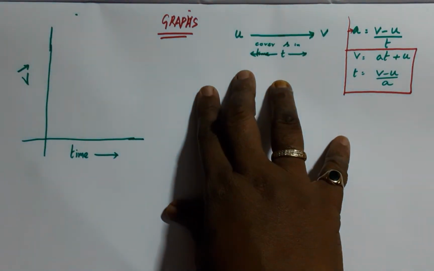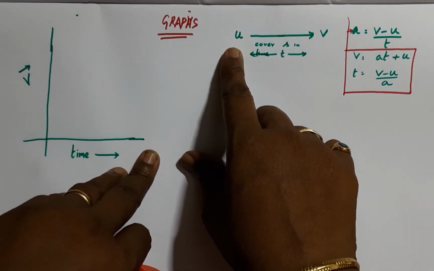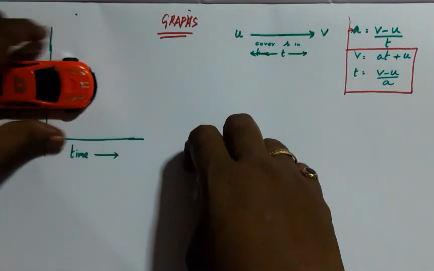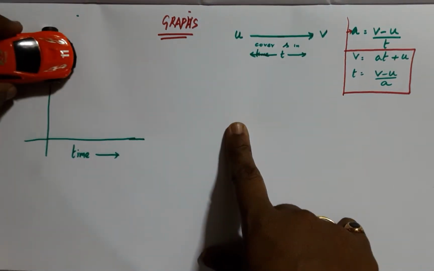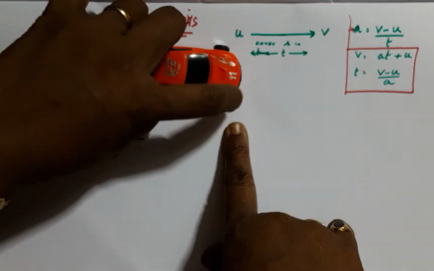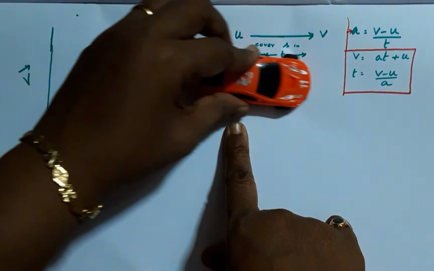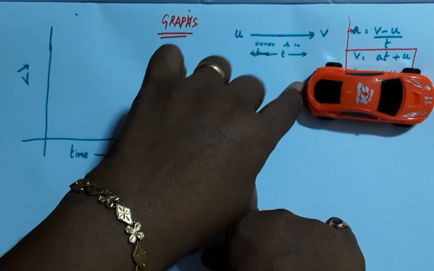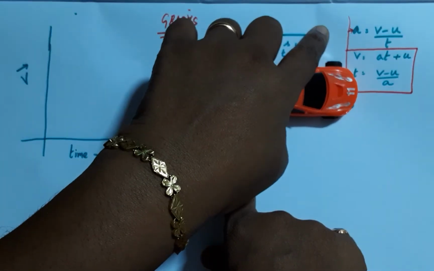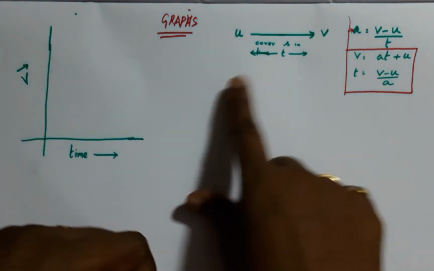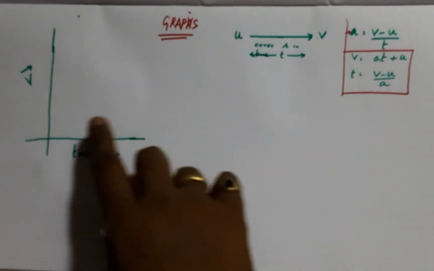Now we shall study a very important topic by name graphs. Here we are studying a body which is already in motion, and the observer is standing here and has started recording that this point is the initial velocity at this time 10:10, and by 10:20 the vehicle has reached here and obtained a velocity. Here it is 8 kilometers per hour, it is 15 kilometers per hour. It has accelerated, the vehicle has increased its velocity, and that point the observer has noted,